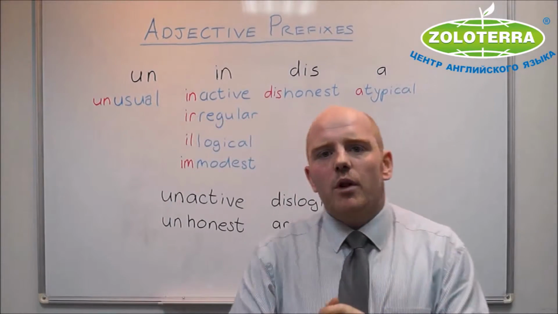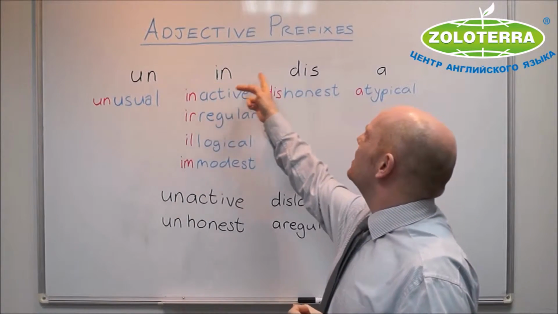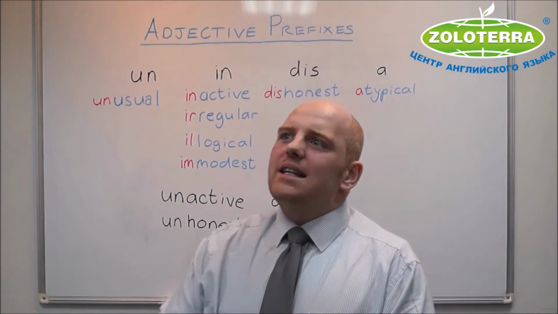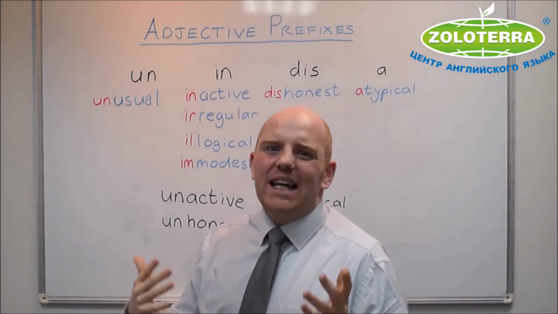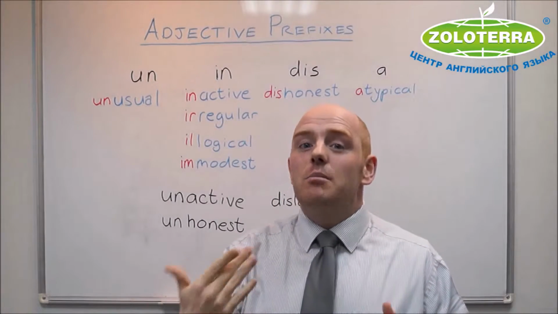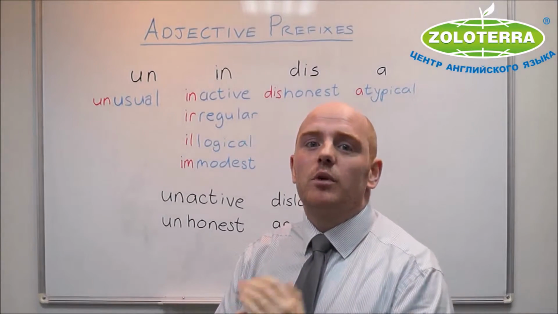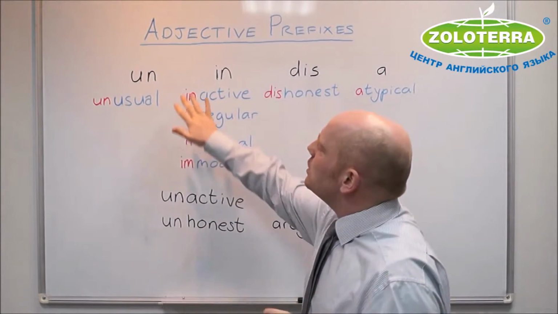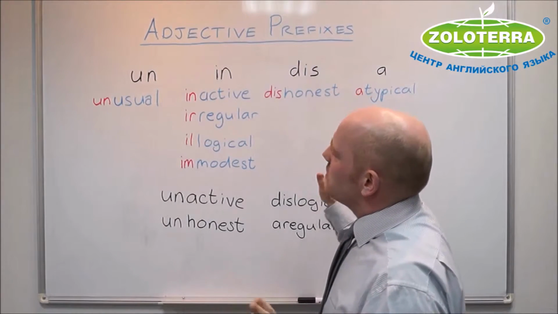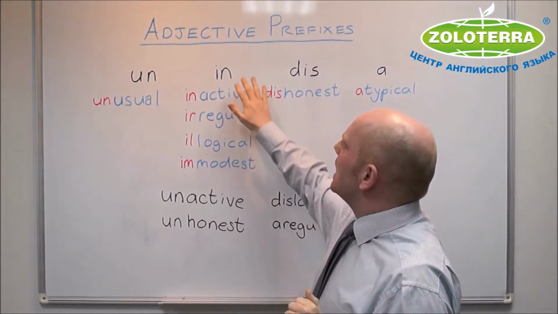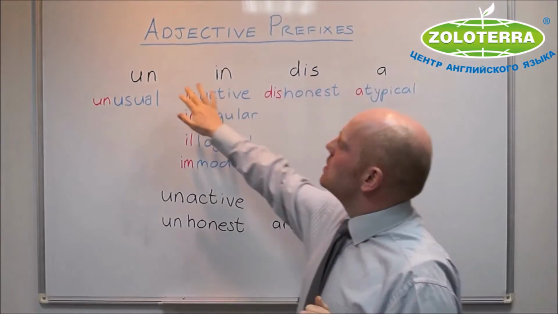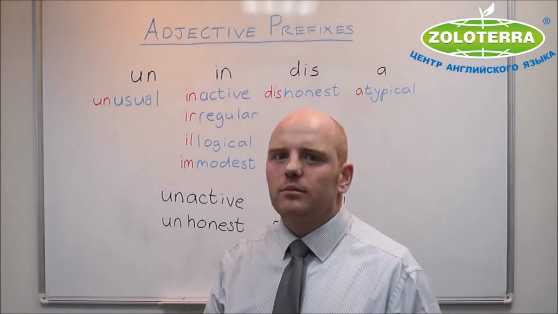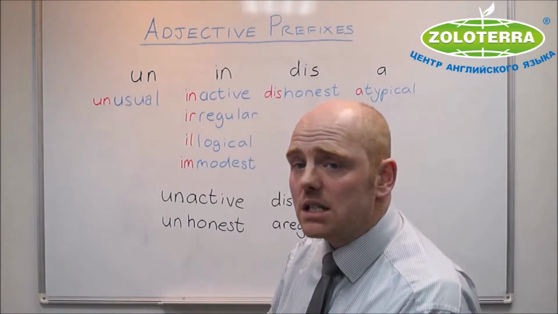The reason why we use un, in, dis or a as prefixes depends on the language that the adjective came from. As you may know, many words in English come from Latin, from Greek, from German, from French. But you don't need to know which is which. You just need to learn in, dis, a and un, which can seem quite a difficult, long process. However,